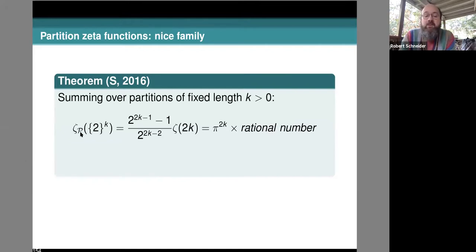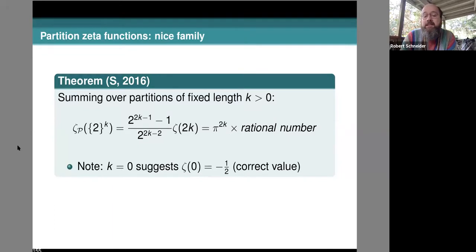In fact, it turns out that this is really closely related to the Riemann zeta function. Here, the zeta function where we're summing over partitions into k parts, and we're fixing the argument at 2, just like we did before. So this is in that same list I gave before. We fix the argument, but we change the subset, partitions into k parts. Then we see that it's actually a rational multiple of zeta of 2k. And it is pi to the 2k times a rational number. We do have a family. For every fixed length k of a partition, we have a zeta value that is related very closely to the classical case.